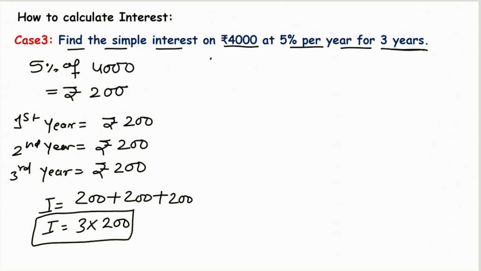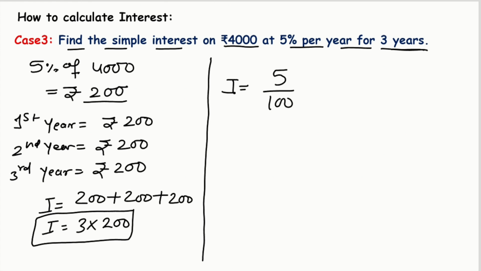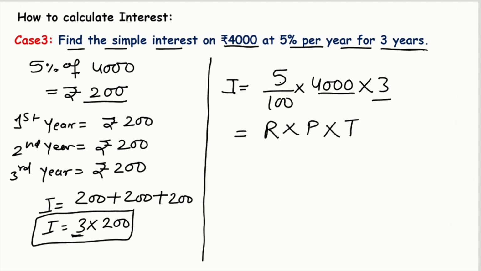So here we can derive the formula for the simple interest, which is, if we see how we have got this 200 rupees, we have got 5% of 4,000. And how many times? 3 times he will pay for 3 years. So here 3. So what all values we are writing here? We are writing here R, we are writing here amount, principal amount, we are writing here the time period, over 100. And this formula is known as the simple interest formula.